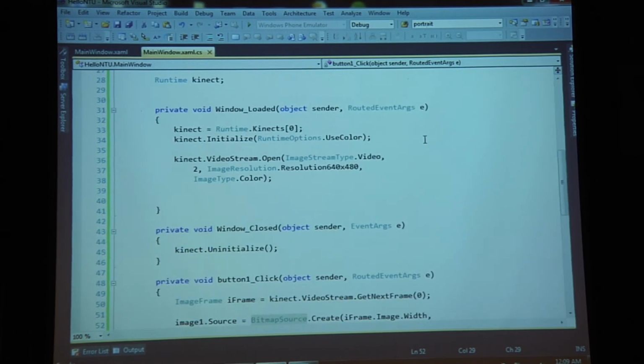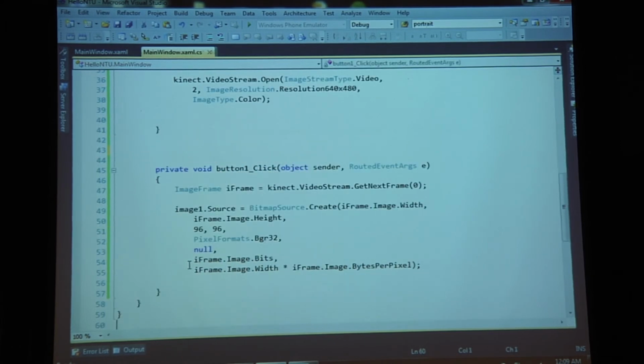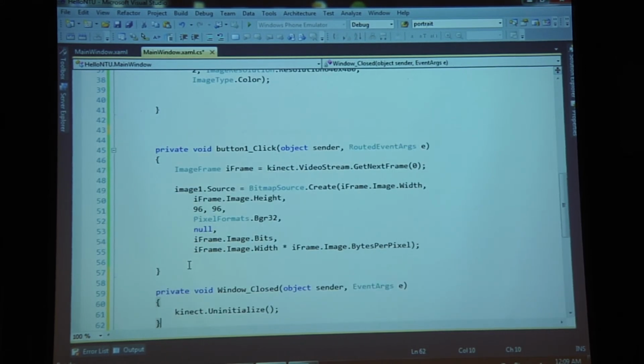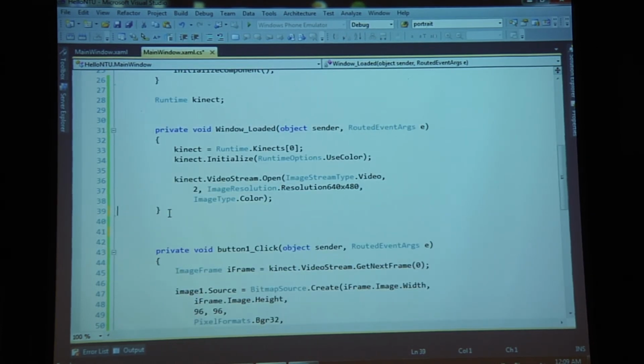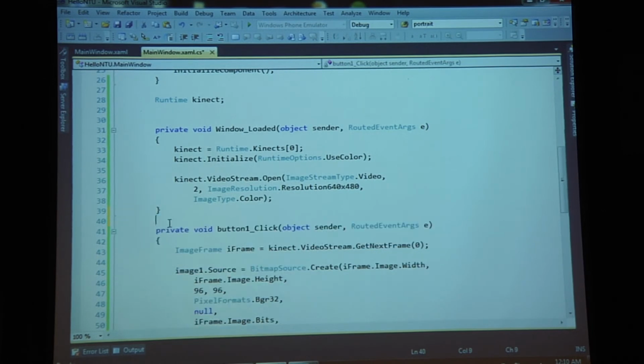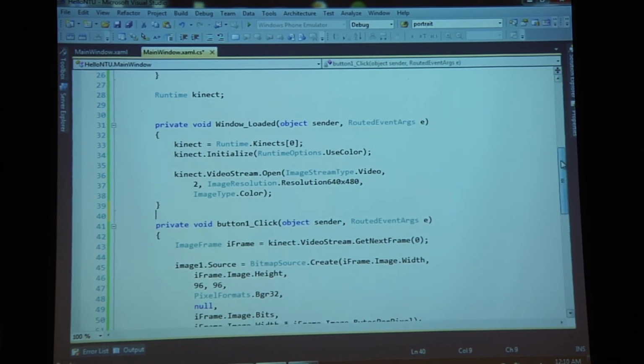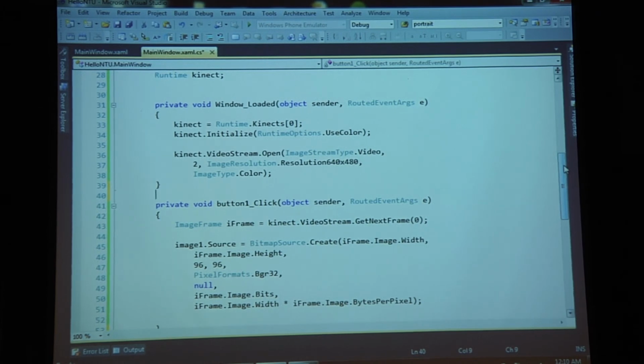Let me rearrange my code a little bit, all my uninitialized logic, let me move it towards the very end. So the one thing I'm hoping you get to see is all of the code that we wrote is right here, which literally is 5 lines of code. It seems like more because I've broken it into multiple lines, but in 5 lines of code, I was